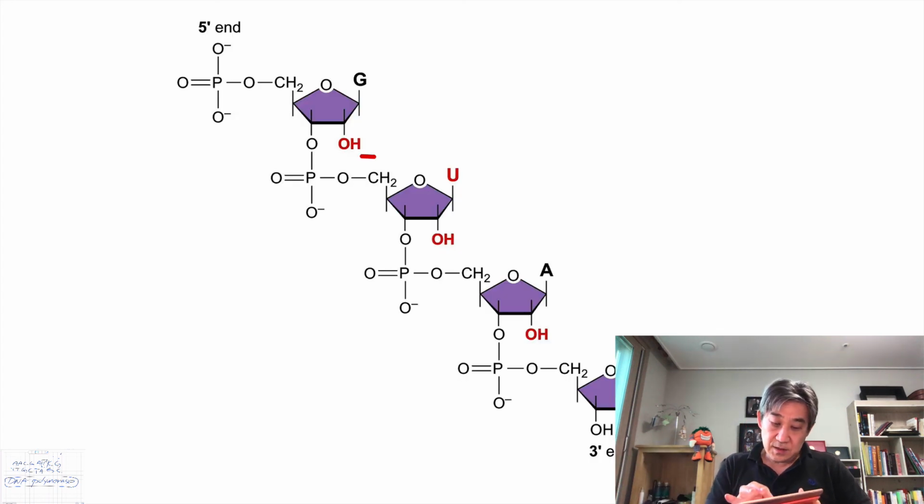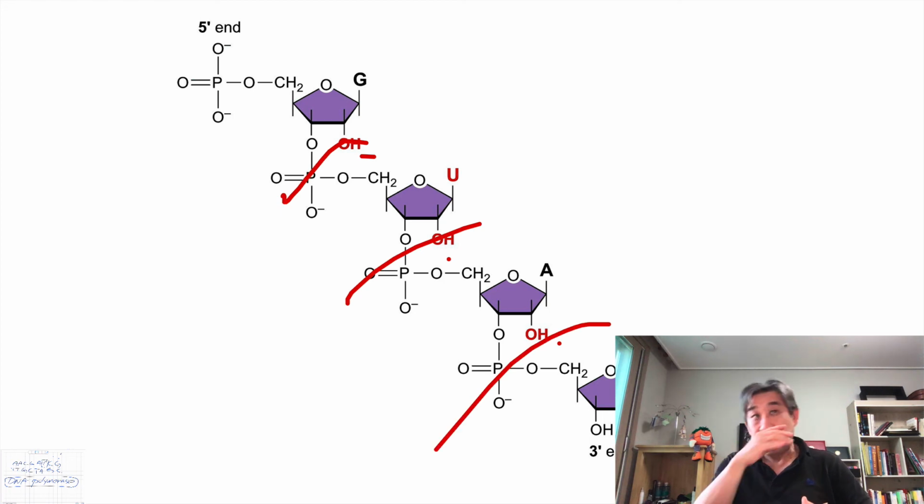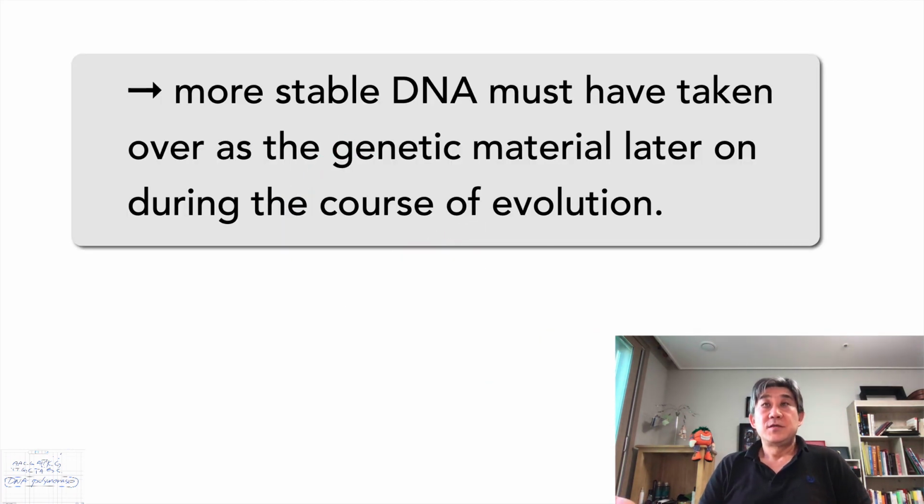The presence of this oxygen at each point will cut the strand, making the strand of RNA very short-lived. So in other words, with this unique ability of enzymatic functionality,